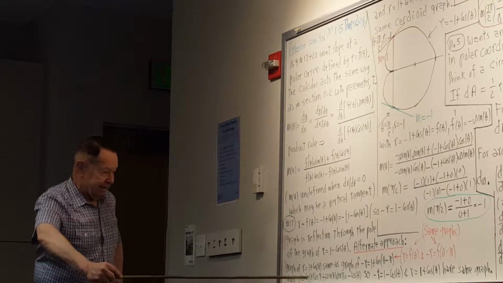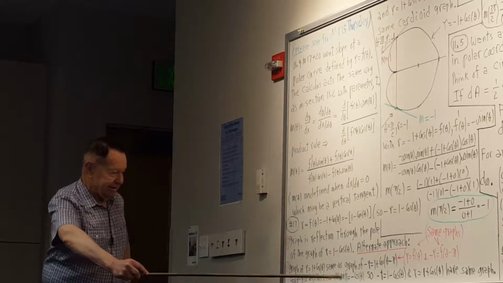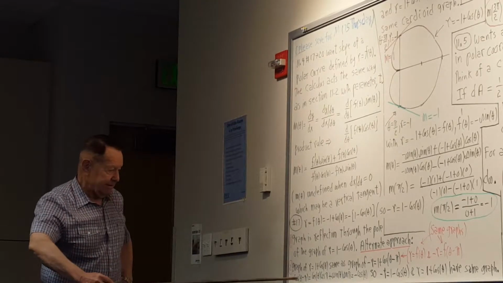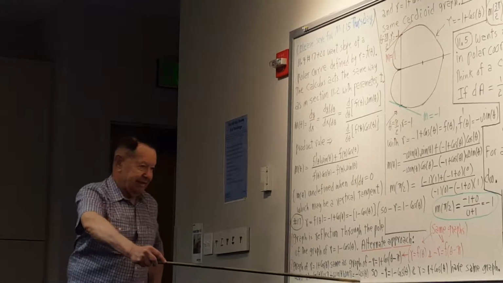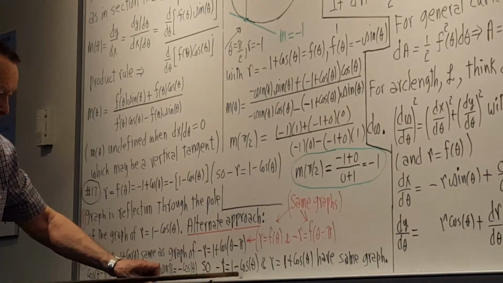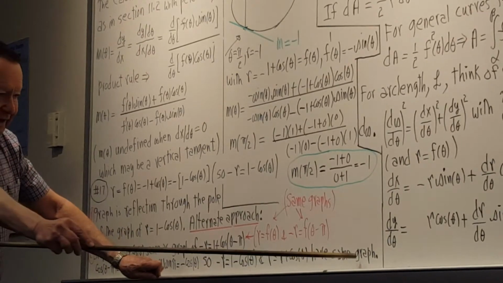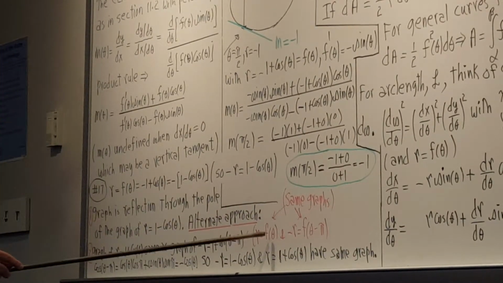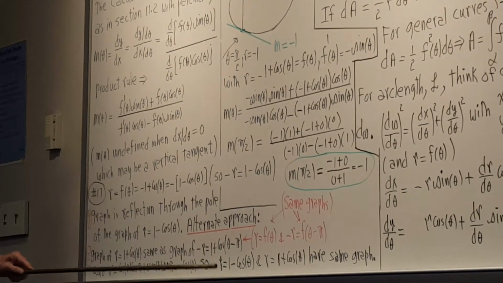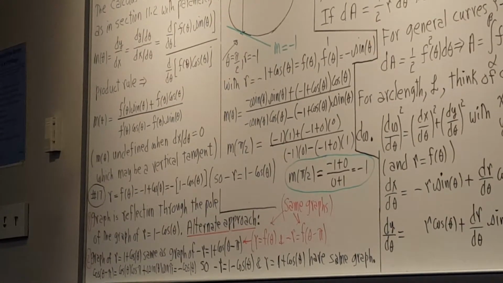Cosine of theta minus pi is cosine theta cosine pi plus sine theta sine pi. Sine pi is 0 and cosine pi is minus 1, so it's the same as minus cosine theta. So now minus r equals 1 minus cosine theta, and r equals 1 plus cosine theta have the same graph. It's not because of trig identities, it's because of the equivalent points that I